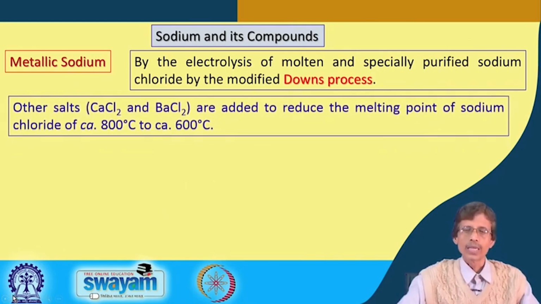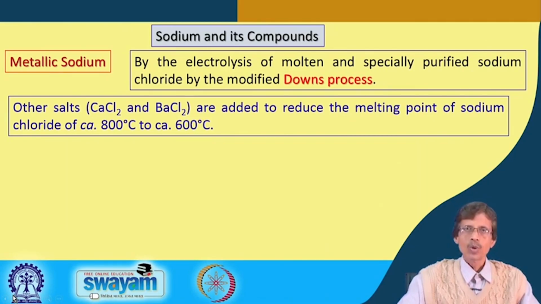It is not that you typically take only sodium chloride for electrolysis, but other salts such as calcium chloride or barium chloride are added to some extent, in some composition we know of how much of these two salts can be added. So these bivalent alkaline earth metal salts like calcium chloride and barium chloride will be added simply to reduce the melting point of the molten sodium chloride, because the melting point of sodium chloride is otherwise very high, to reduce it to some workable temperature range such as 600 to